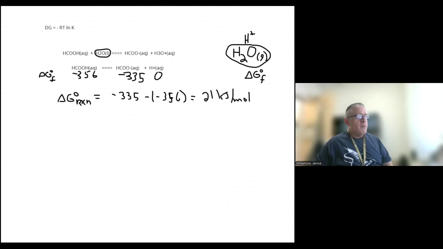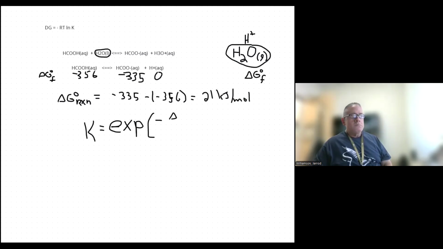We're going to get K, when I rearrange it, is going to be equal to the exponent, right? That means e to the power of negative delta G of reaction over RT, okay? And I haven't looked up the true value for this, but it's going to be EXP. This is the same thing as writing e to that value. It just makes it easier to write. So I'm going to write 21,000